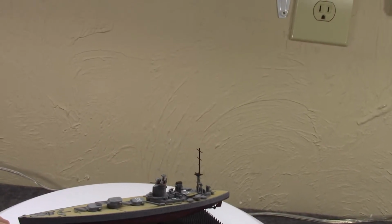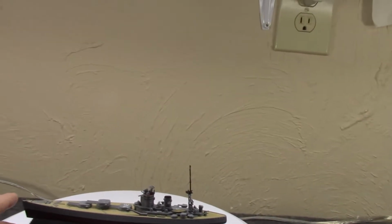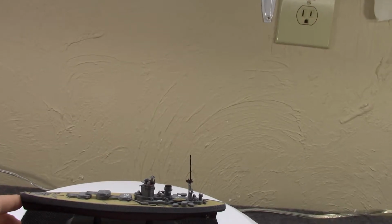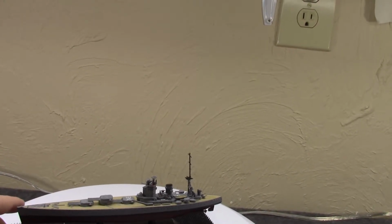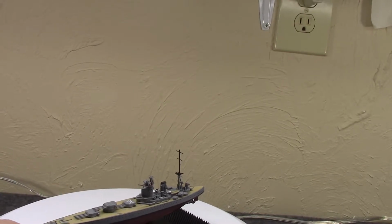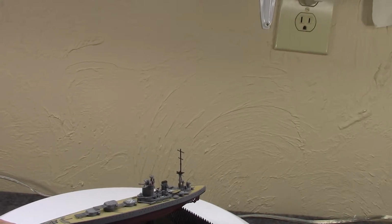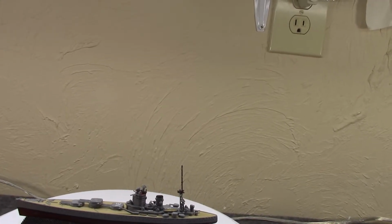You notice they're all in front of the superstructure and none in the back. This was done for several reasons. It allowed the hull to be shorter. It allowed all of the gun works, the magazines, the powders, all that to be in one area instead of spread out. It allowed for a shorter citadel of armor, so weight,